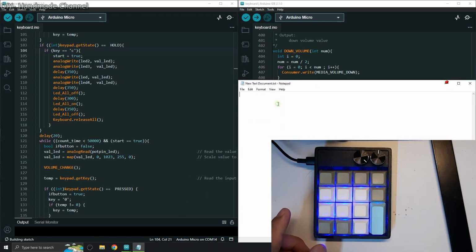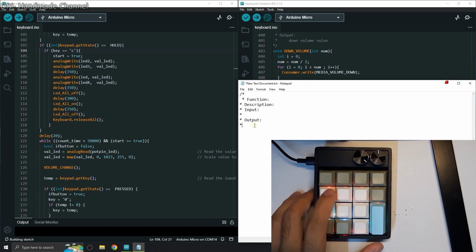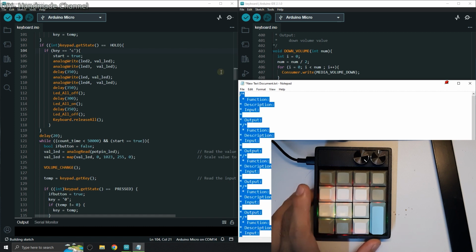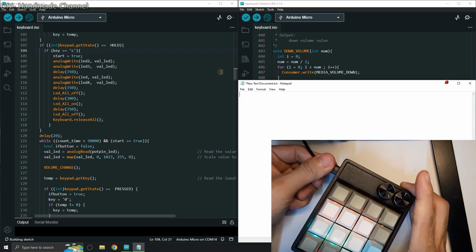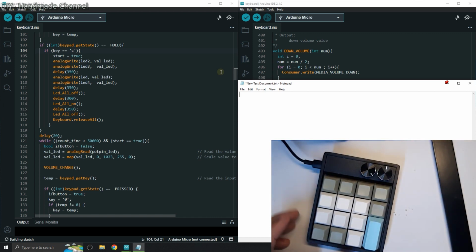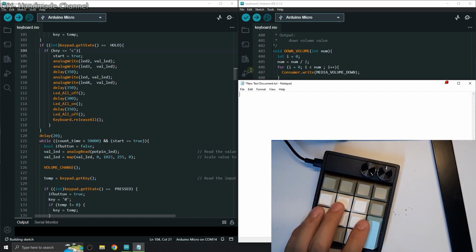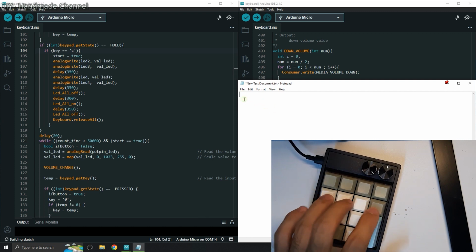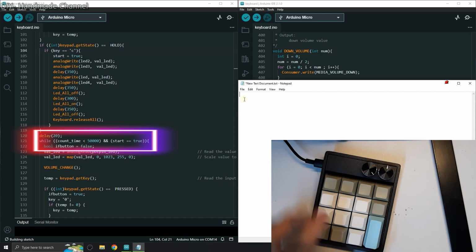And you can see in my code, in line 121, our program will enter the while loop. In the while function, the variable count time has to be less than 50,000.